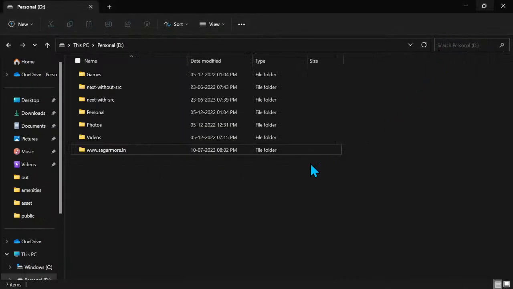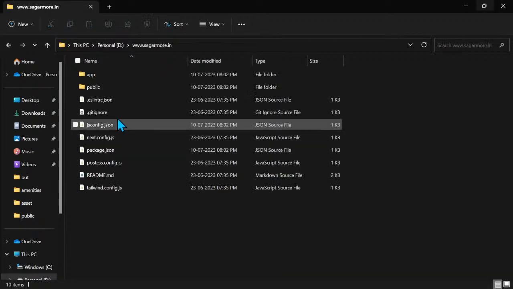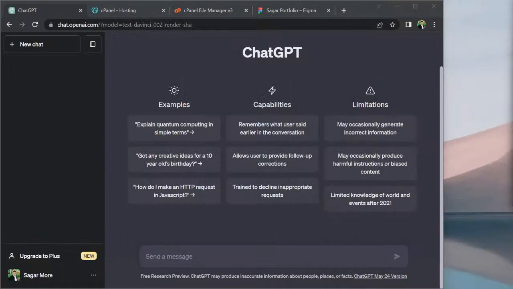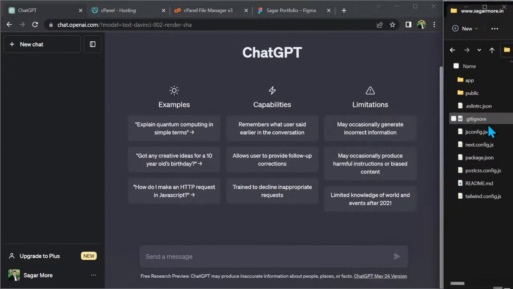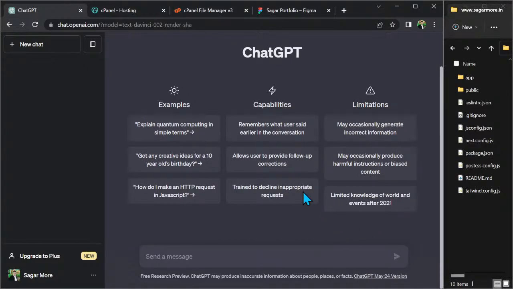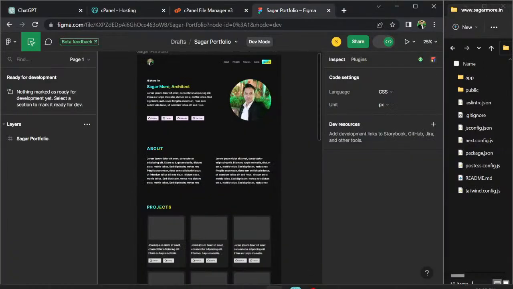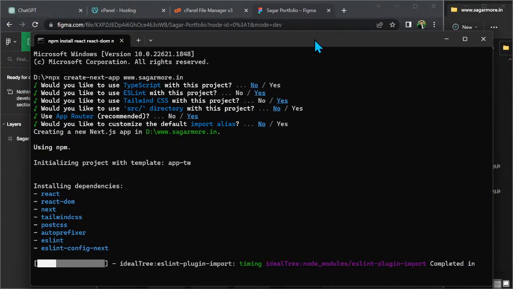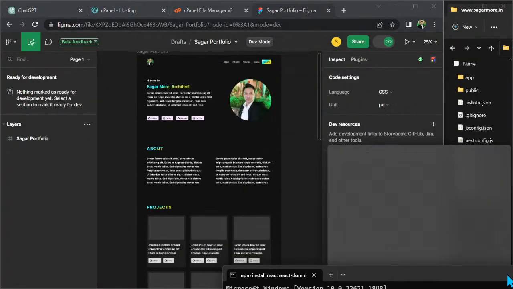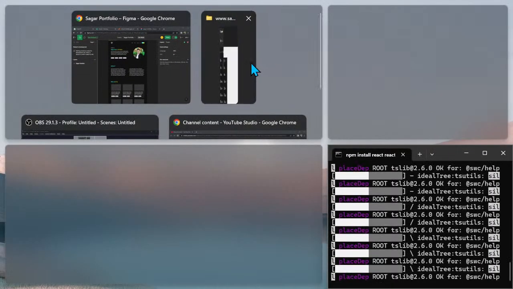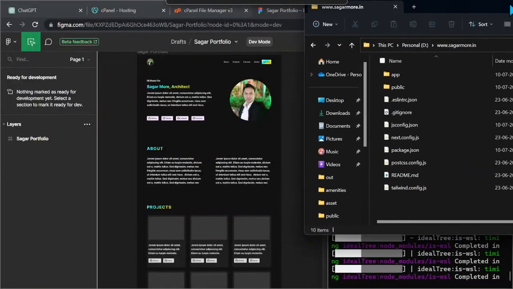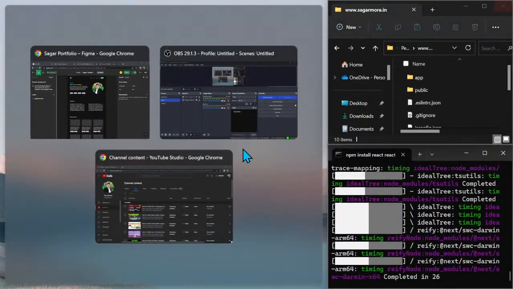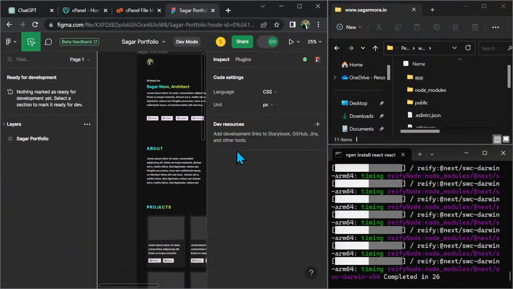Till then I can show you in this folder the Next.js files and folders are being created. Till then we will ask our ChatGPT to create the layout for us. So we have this design. Here is our command prompt where we can see whether the processing is done or not for creation of our project. Okay, this is our design,